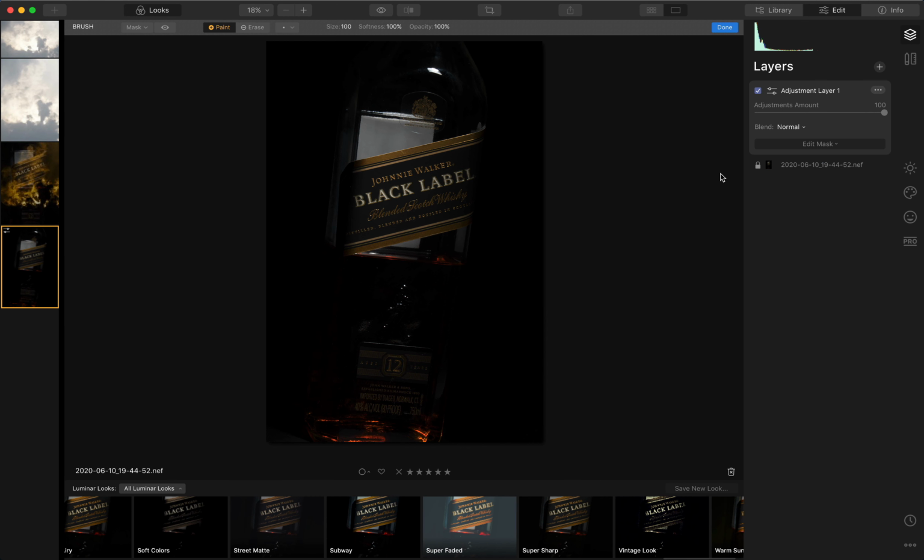Now if we go into brush, this is the manual mode for masking. You can fill, invert, clear, show mask, density and feather. You can be in paint or erase mode. You can obviously change the size, the softness, the opacity and so on, and of course support for pens.